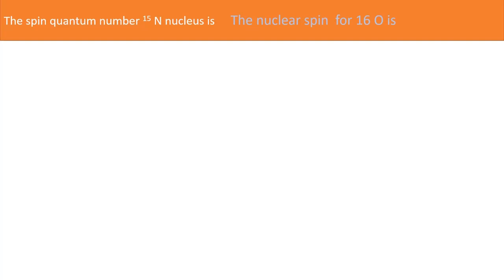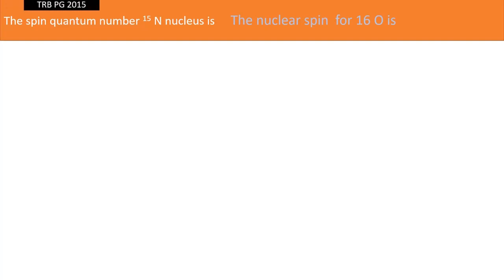The spin quantum number of the nitrogen nucleus is, and another type the same one, the nuclear spin for oxygen. So we know that any atomic nucleus that has an odd mass, an odd atomic number, or both has a spin and a resulting magnetic moment. For example, hydrogen. If the sum of the protons and neutrons is odd, it is magnetic and has some magnetic moment. If the sum of the protons and neutrons is even, the I value is 0. Otherwise, it is a fraction. Now the question: the spin quantum number of the nitrogen 15, atomic number 7, nucleus is.